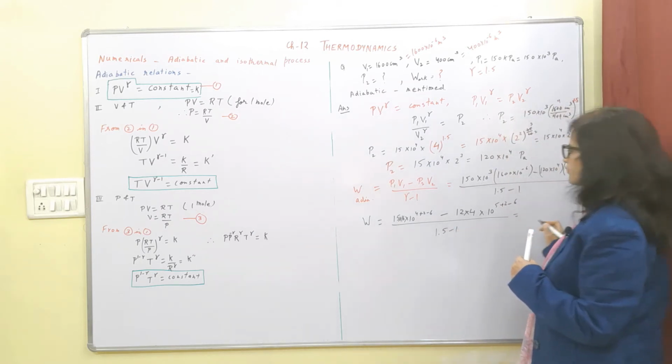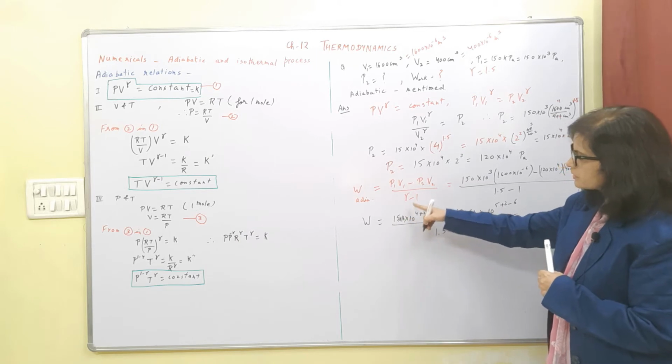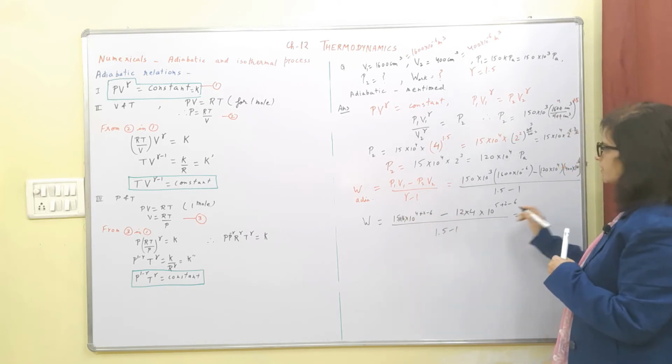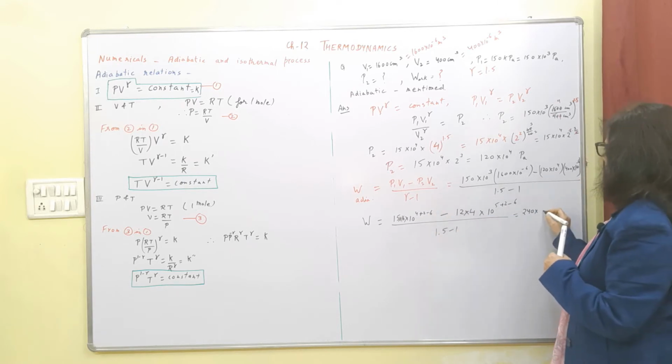So this is 15 into 16 is 240, into 10 to the power 6 minus 6 is 0